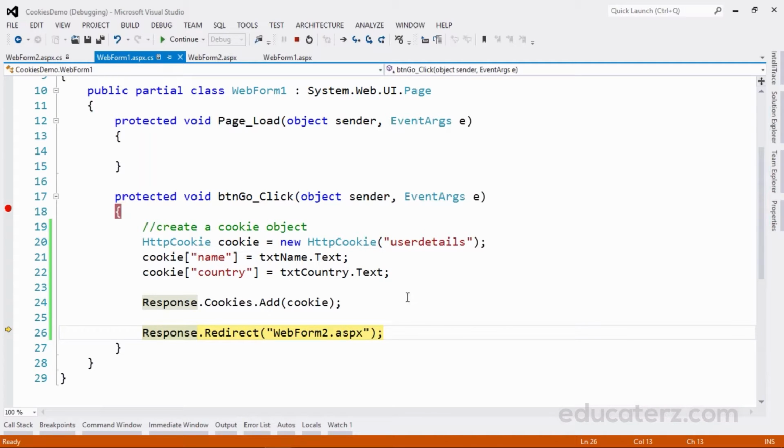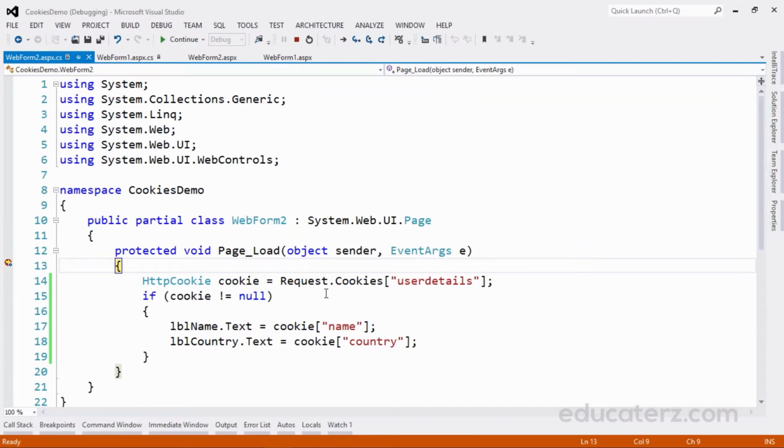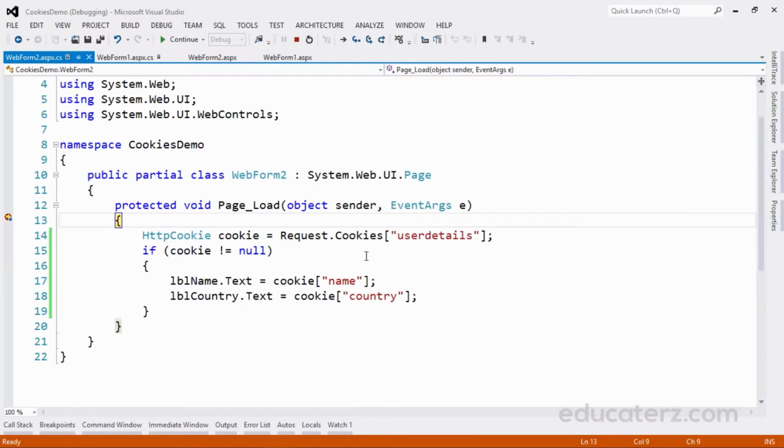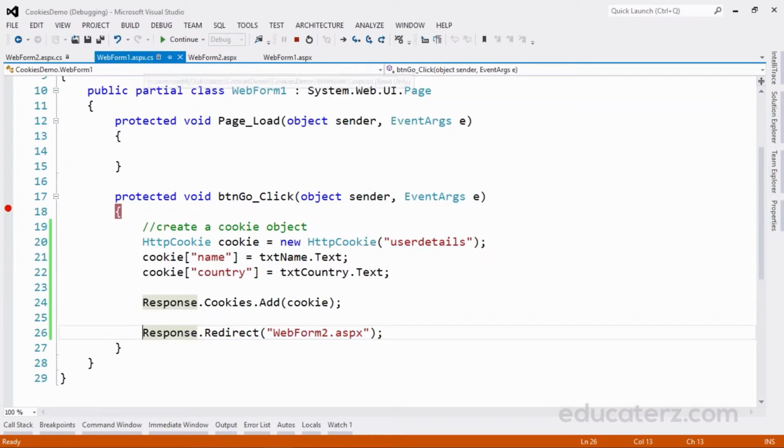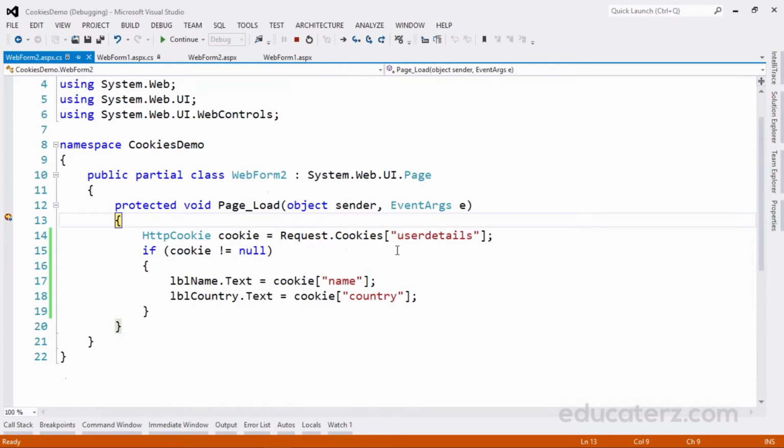In our application, if we have n number of pages, in all the pages we can get these values. Like how we have created these lines, we need to go Request.Cookies user details. Make sure that both are the same, user details and this user details. Now go F10; this is not null, so it will fetch the values from cookies.